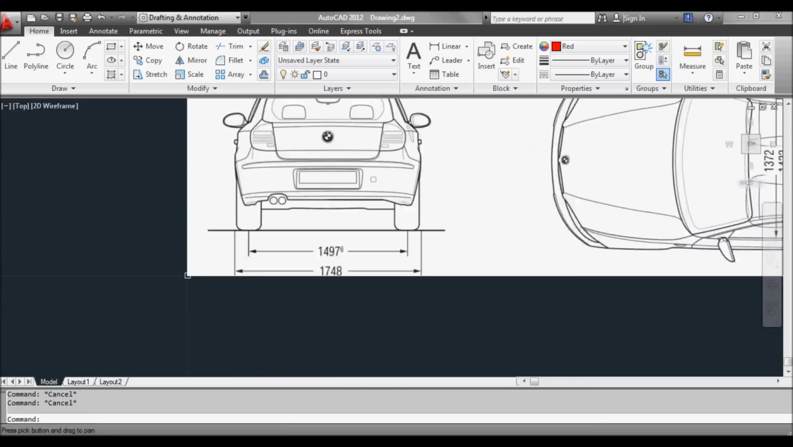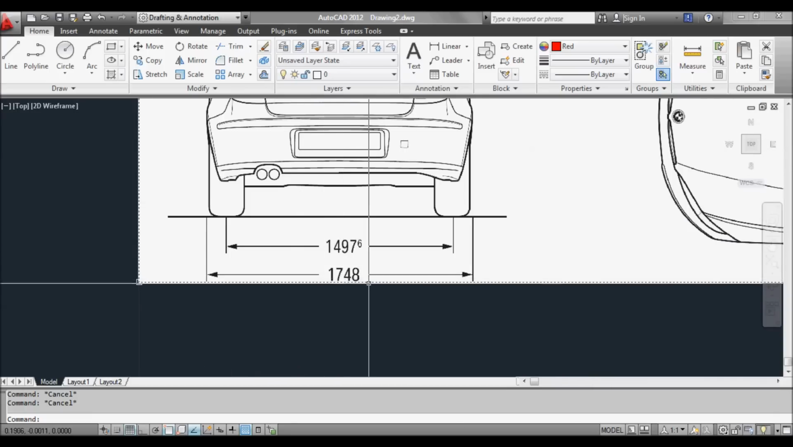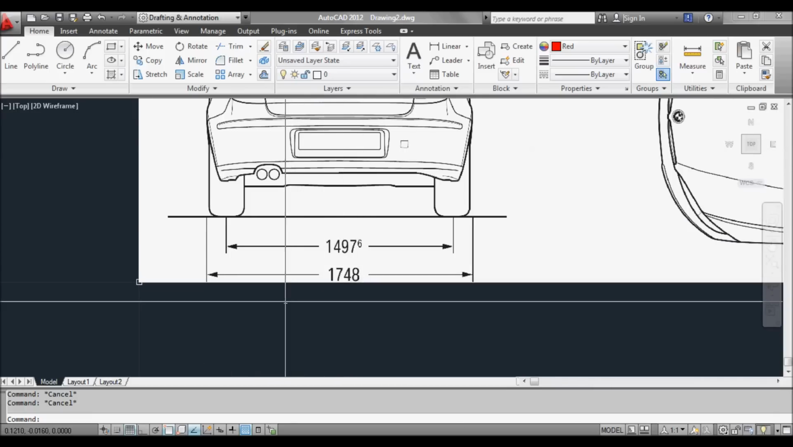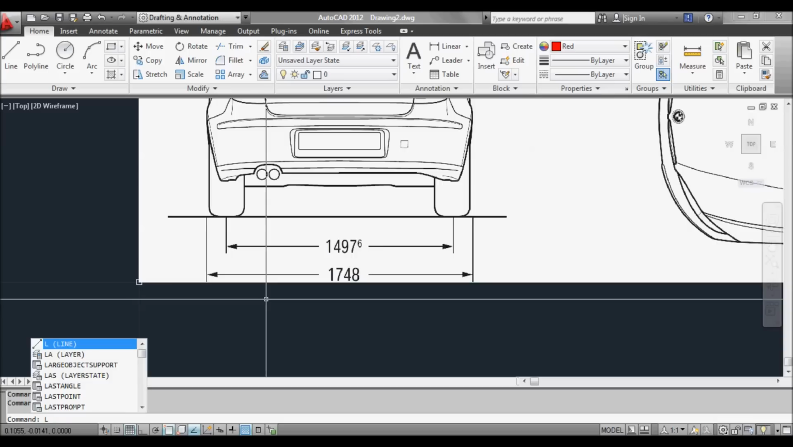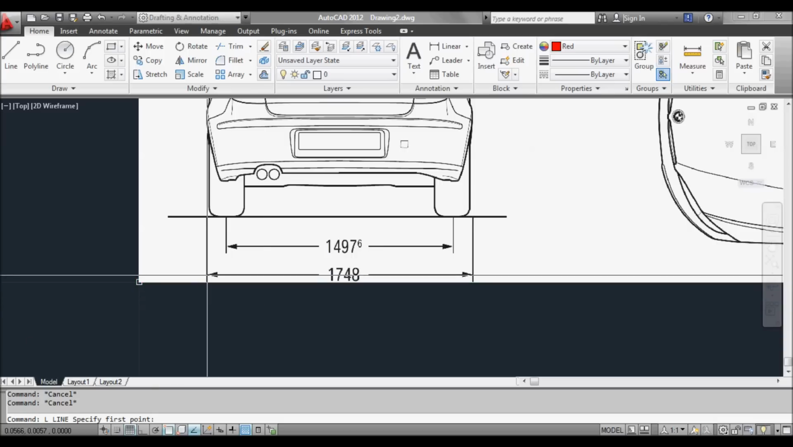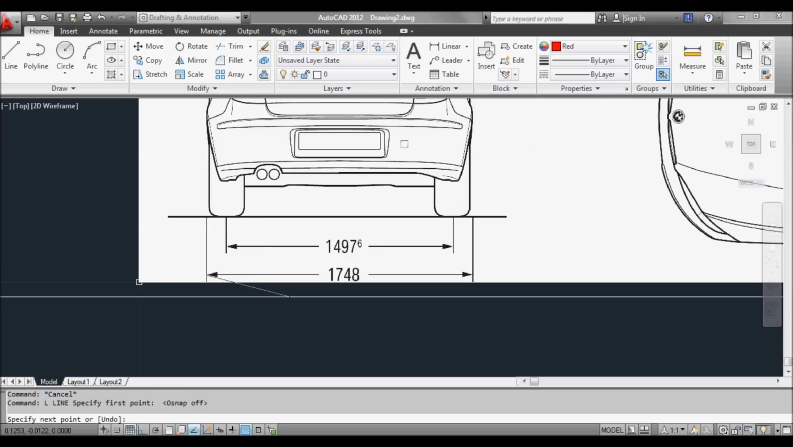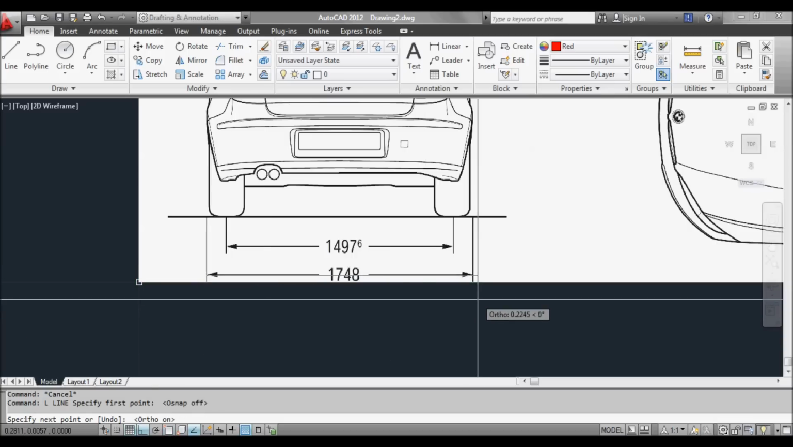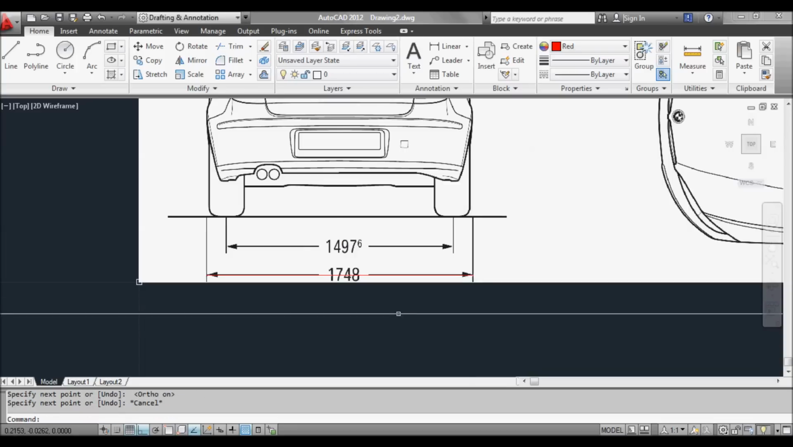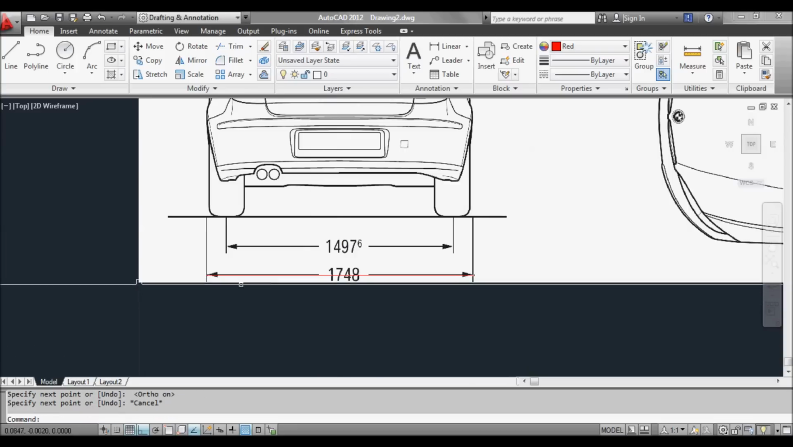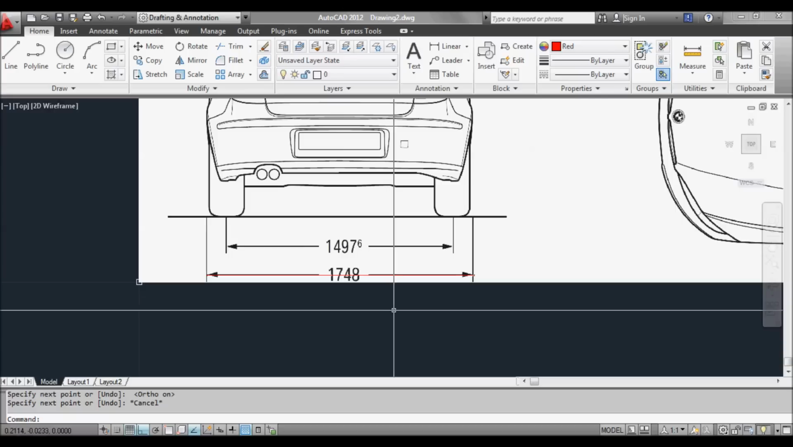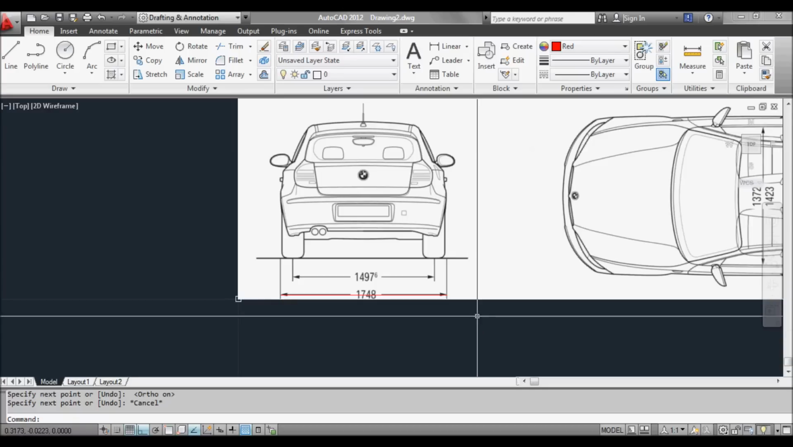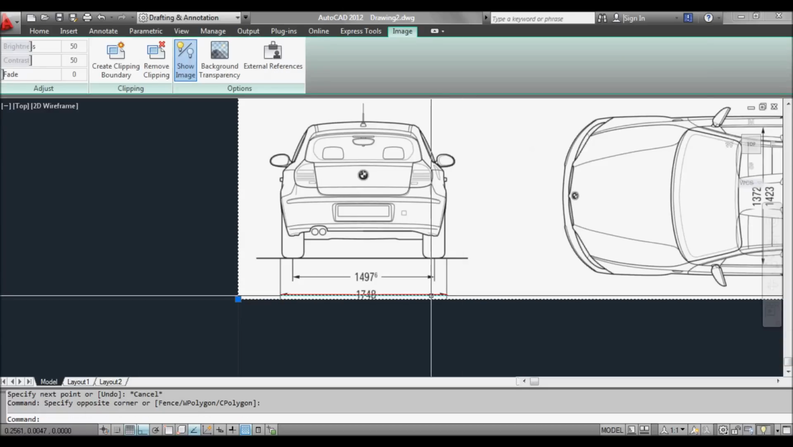Now here we have a dimension in millimeters, 1748, so just over 1.7 meters. Now to scale this, let's draw a line from that line. We'll turn on ortho, F8, to there, and we've got a line approximately the same distance as that 1748 line. Now what we want to do is select the image and the line,